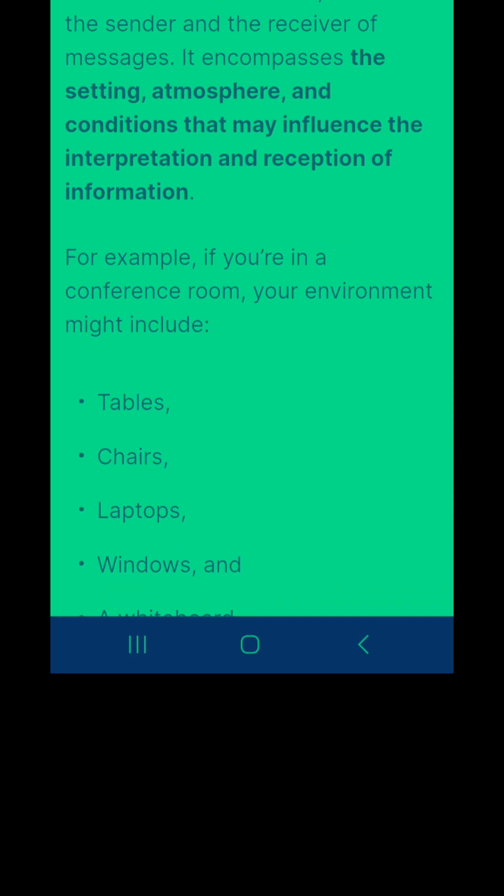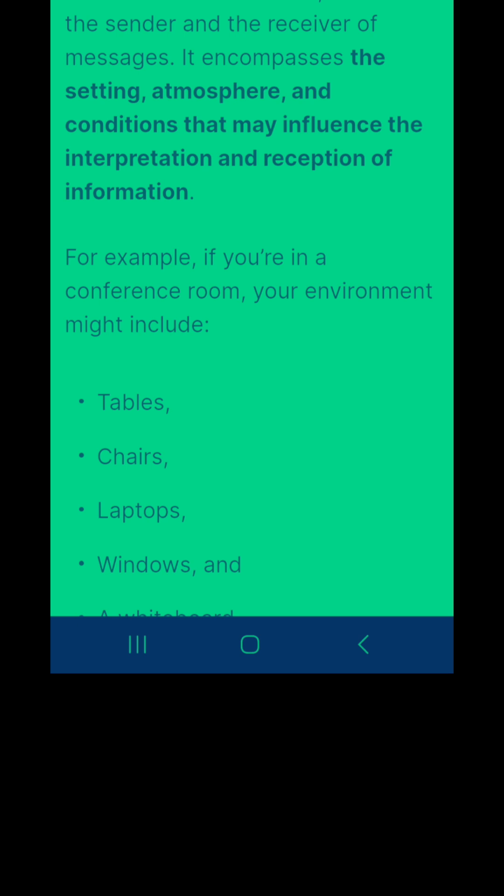Then we have environment. Environment refers to the mental and physical context in which we communicate, both as the sender and the receiver of the message. It encompasses the setting, atmosphere, and conditions that may influence the interpretation and reception of information.